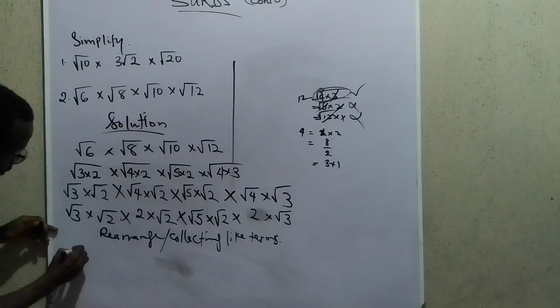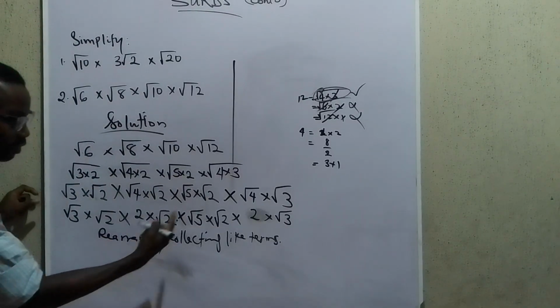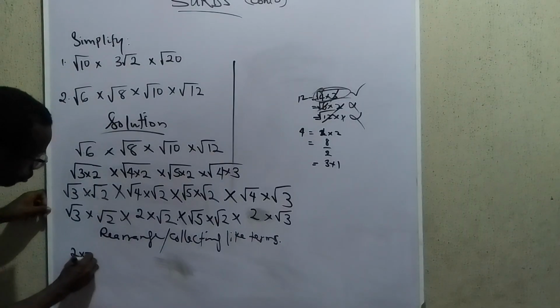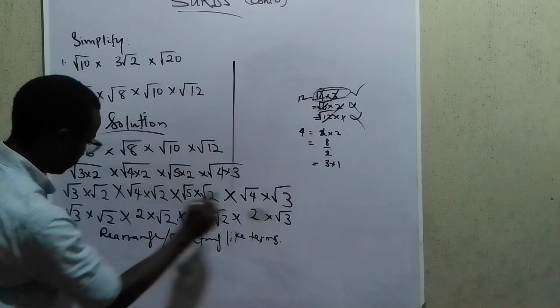So let's go. This is the same thing. Rearrange them, the ones that are similar come close. So this and this go together, so they come like 2 times 2. So I've done with this and this. Then